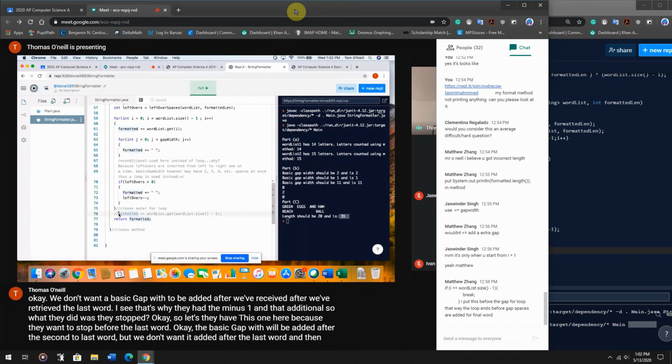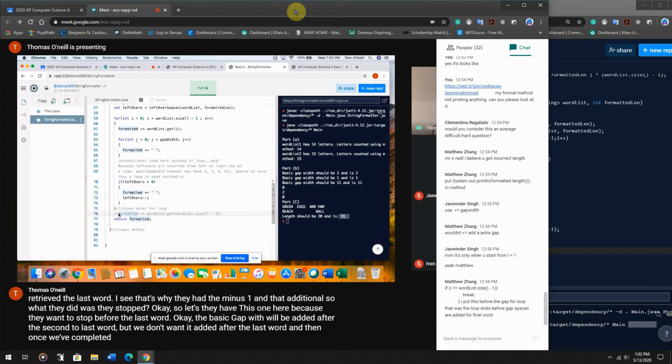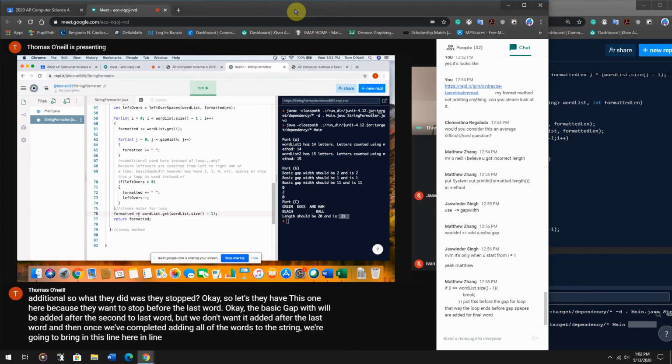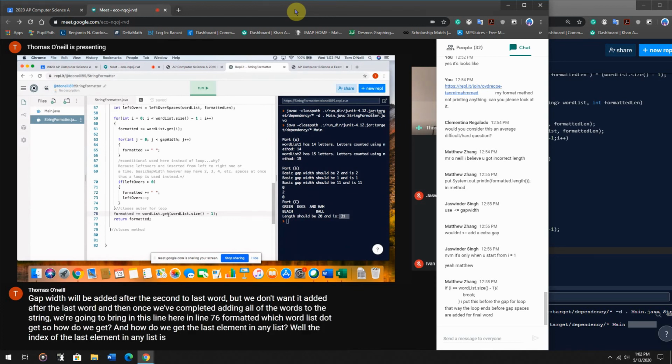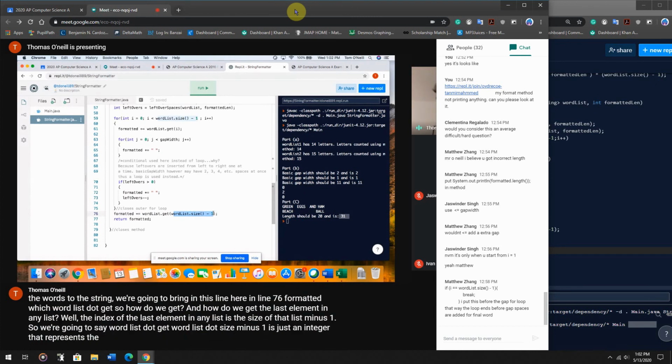And then once we've completed adding all of the words to the string, we're going to bring in this line here in line 76, formatted, which is wordList.get. So how do we get the last element in any list? Well, the index of the last element in any list is the size of that list minus 1. So we're going to say wordList.get(wordList.size() - 1), which is just an integer that represents the index of the final element in the list. We add that to formatted, and now when we run this,